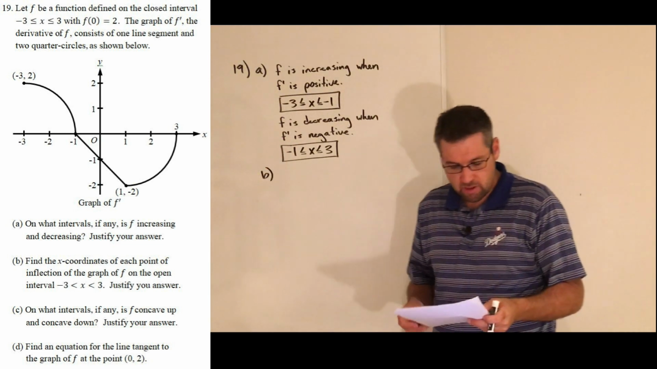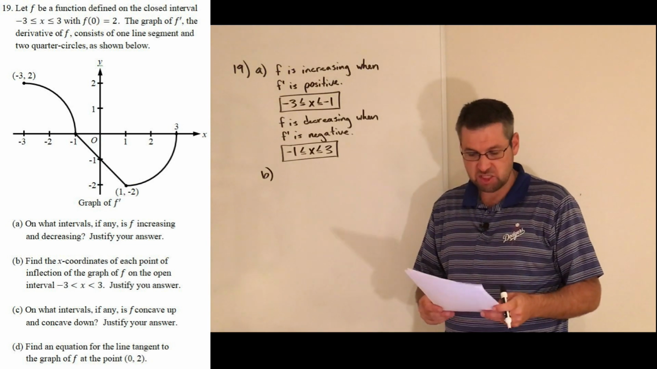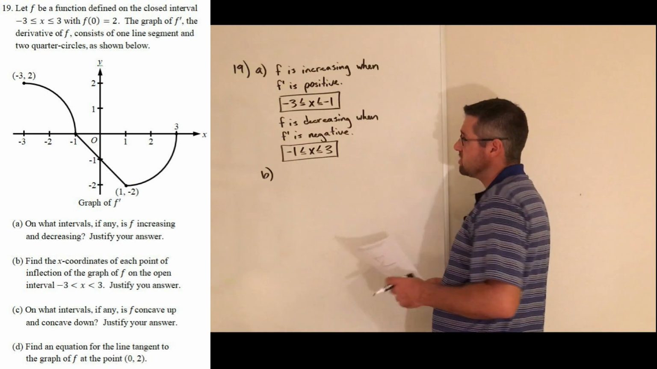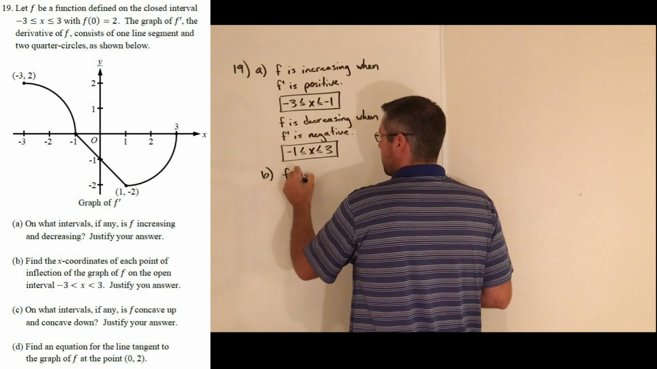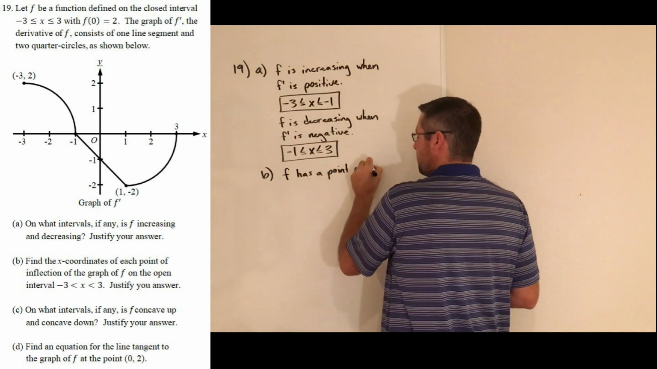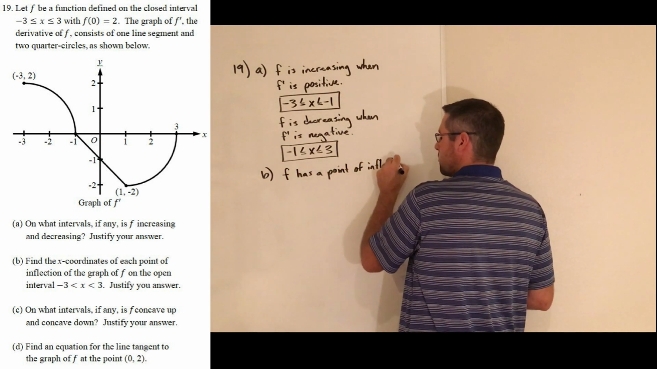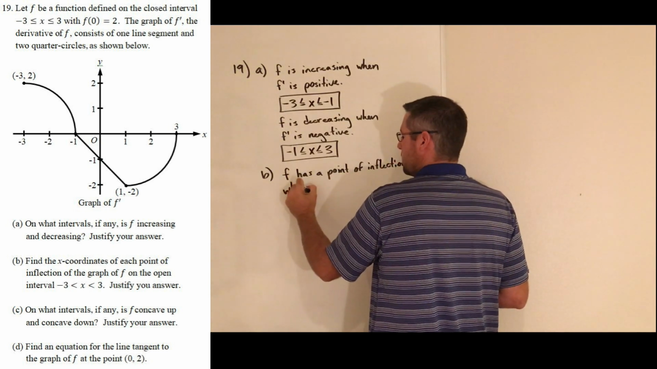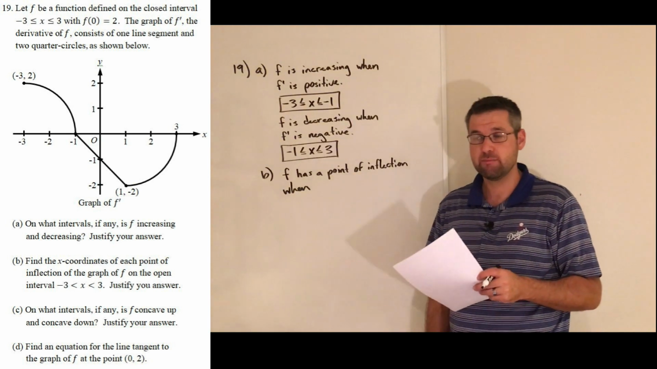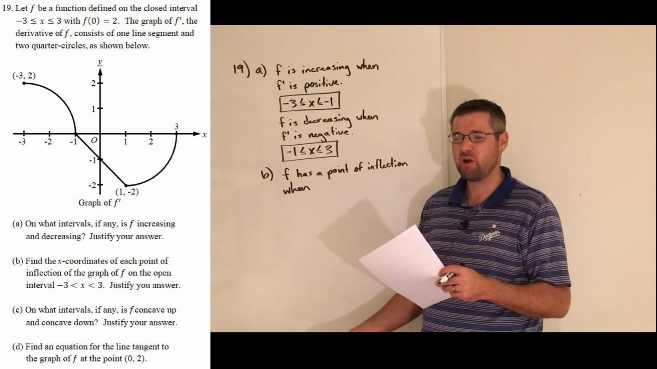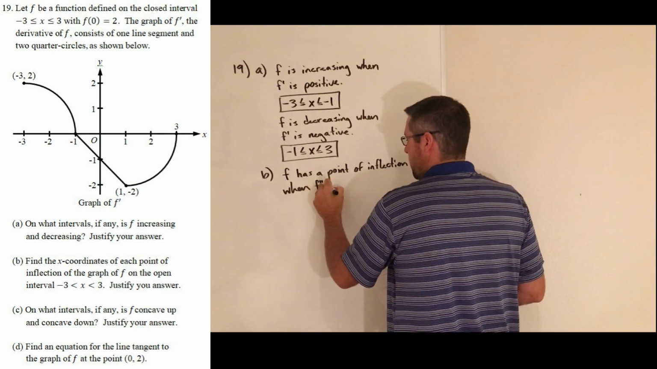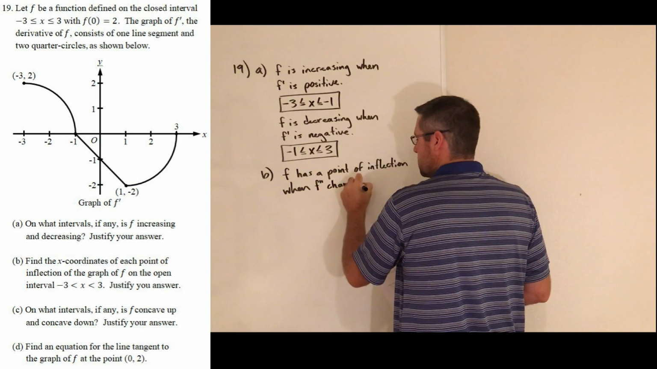For B, it says find the x-coordinates of each point of inflection for the graph of f. Well, let's go ahead and justify this. f has a point of inflection when, points of inflection occur on f when f changes concavity, which means f double prime has to change sign. So I'm going to write that down. When f double prime changes signs,